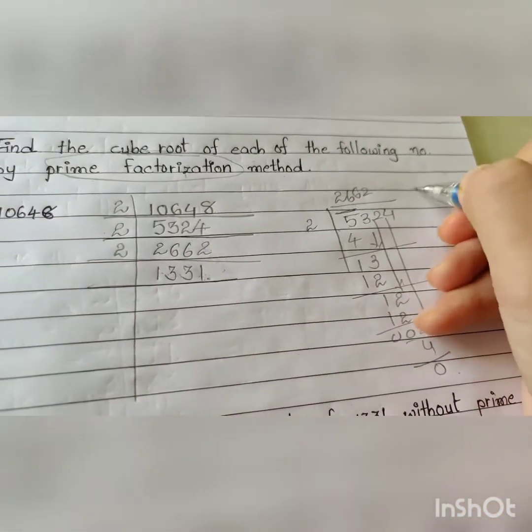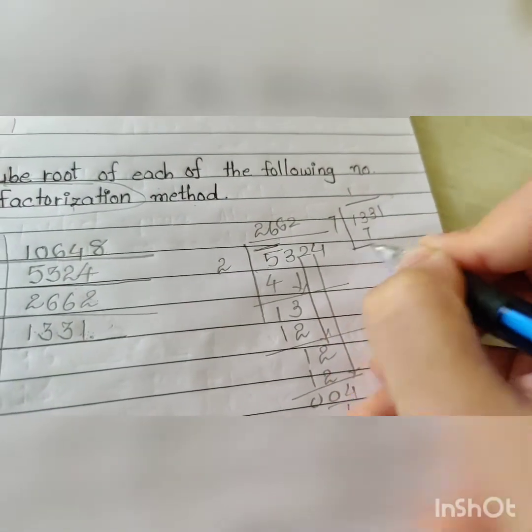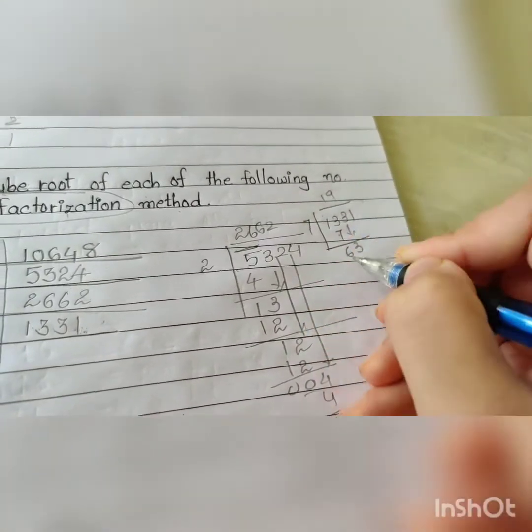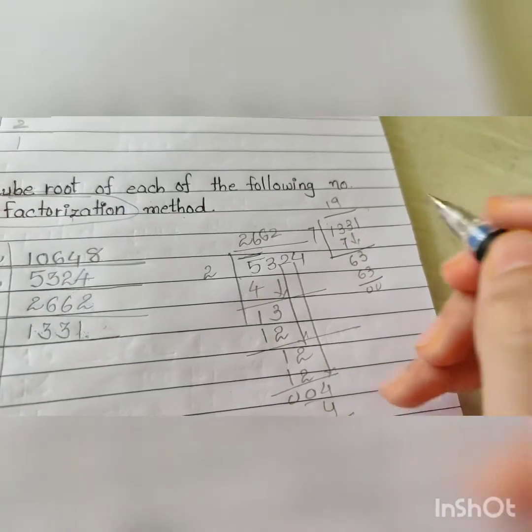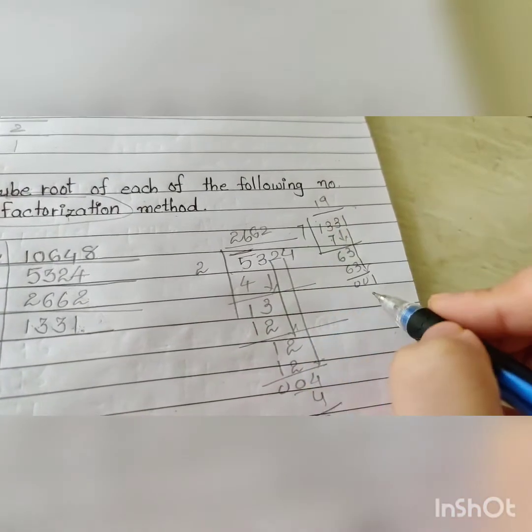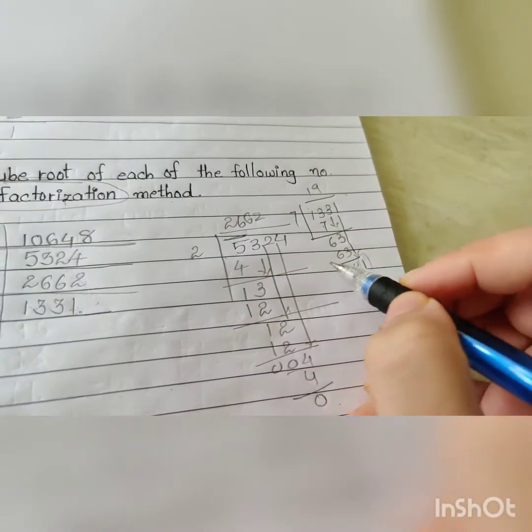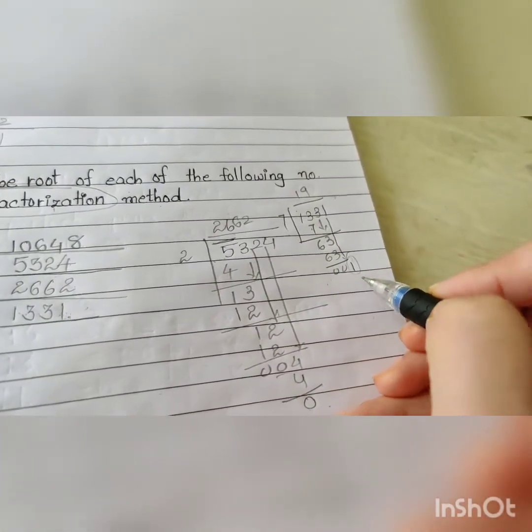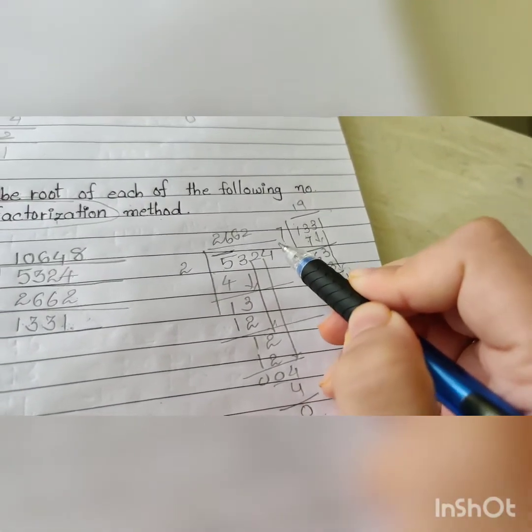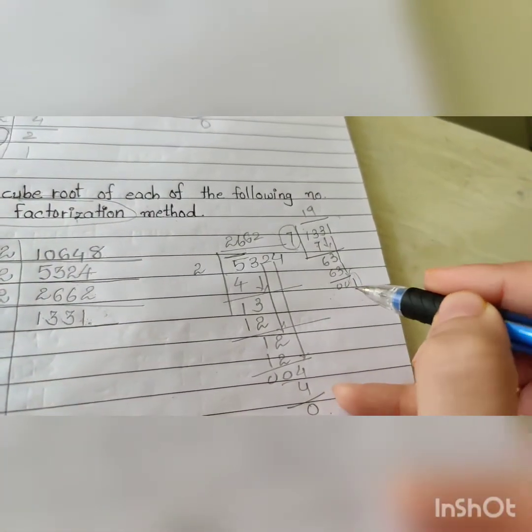So divide 1331 by 7 and check it. 7 1s are 7, 13 minus 7 is 6, 3 down, 7 9s are 63, over. Did we get it? No, 1 is left. Now can we continue? No, here 1 is smaller than 7, means we cannot continue the division. And as we are not getting 0 in the remainder, we can say that this number is not divisible by 7, so it will not come in the table of 7 if the remainder is not 0.